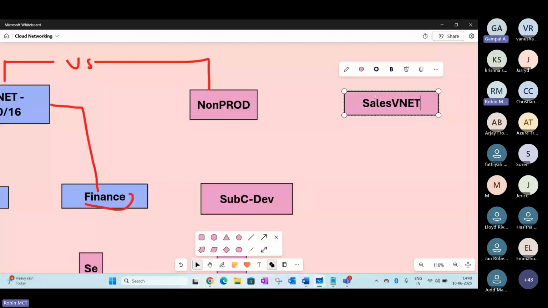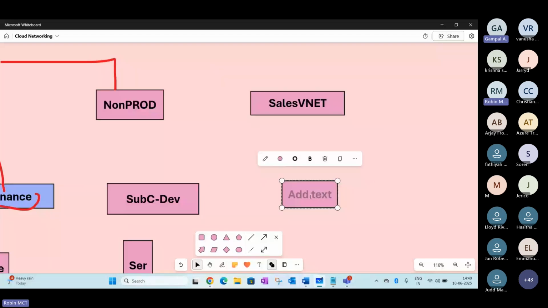What are the possibilities we have? Do we need to enable any kind of communication, or what option is available in the cloud that allows you to enable communication between a data center and a data center on the Microsoft side? To understand that, we have created the sales VNet, and we have created another resource here with a subnet E.